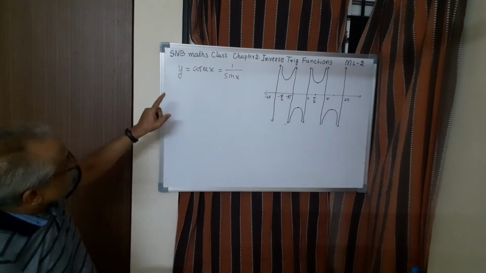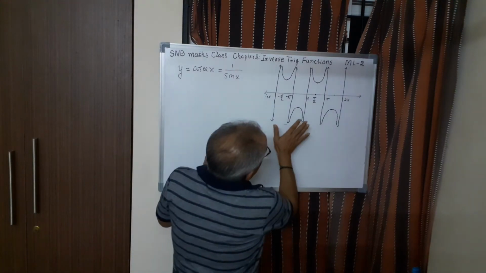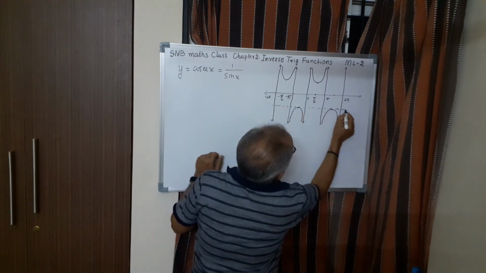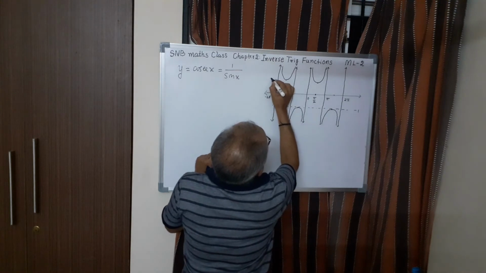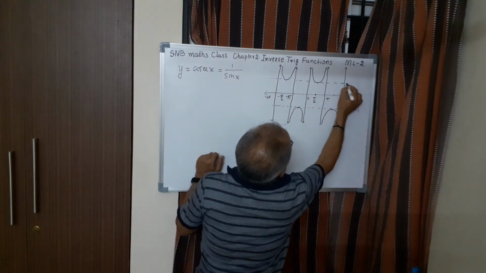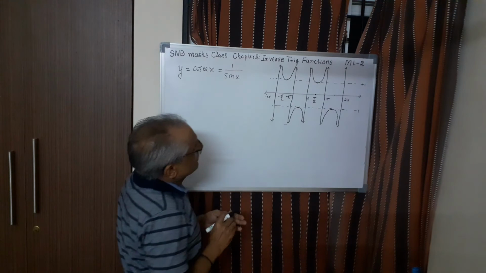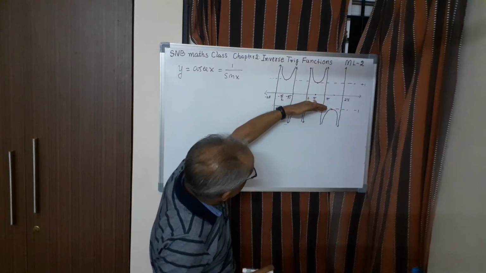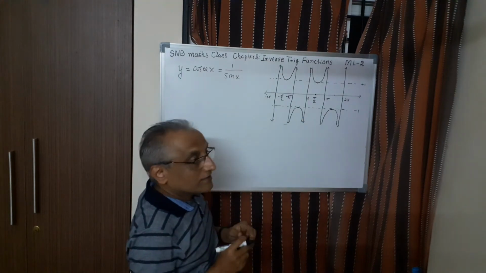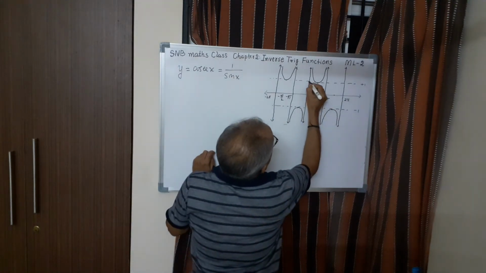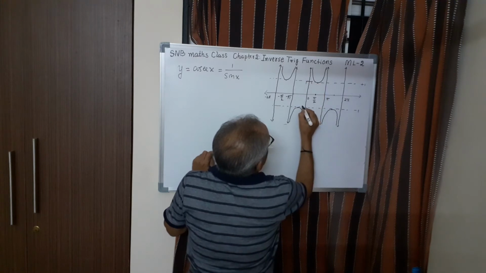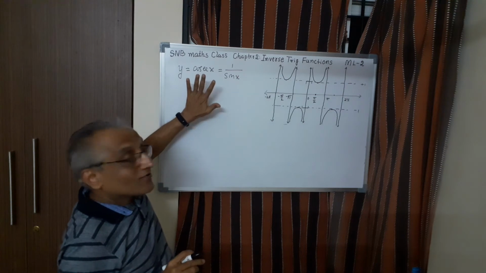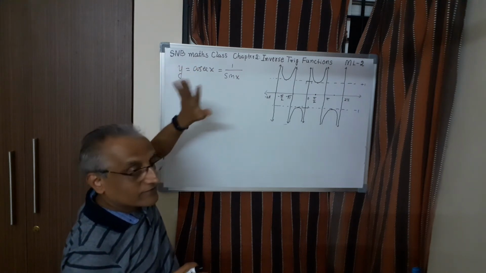Second one is, it is not onto also, because it takes only certain values. If you take here, for example, like this, it is minus 1, this is minus 1. And if you take here like this, it is plus 1. All the values are either above plus 1 including 1, and or below minus 1 including minus 1. So that means this branch, this much is not taken as the image. So this function is not onto also, it is not 1, 1 also.